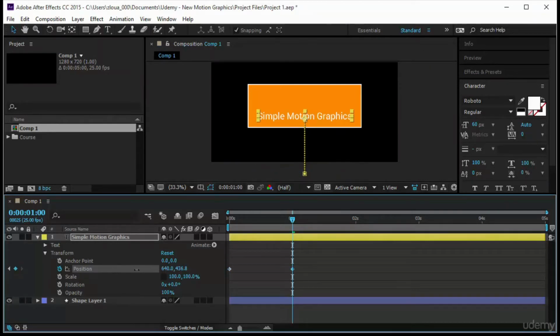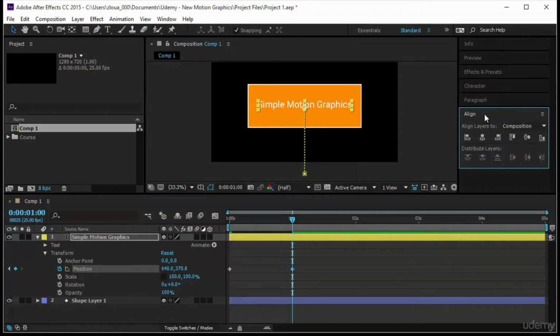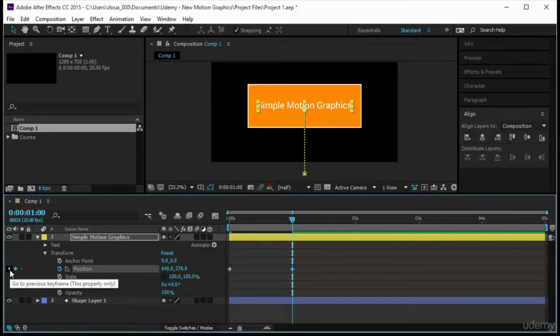You can use this one. Okay, now it's almost in the center. Since my time indicator is on a keyframe, I can use the align and say align it center. Very nice, it was here. So what happens now? You can use the keyframe navigator for a certain property to move to the previous or